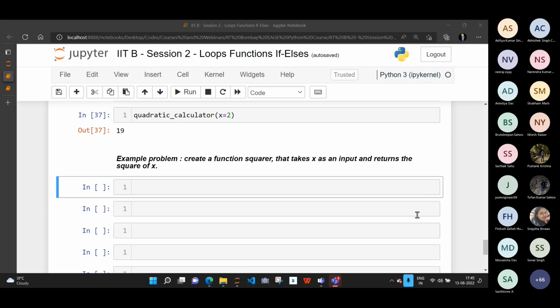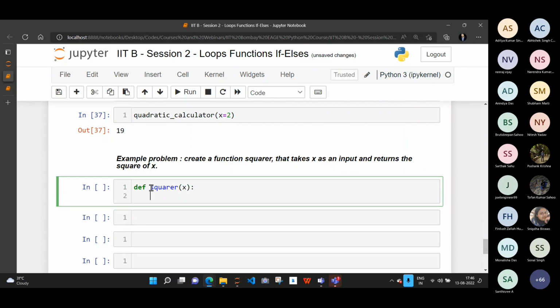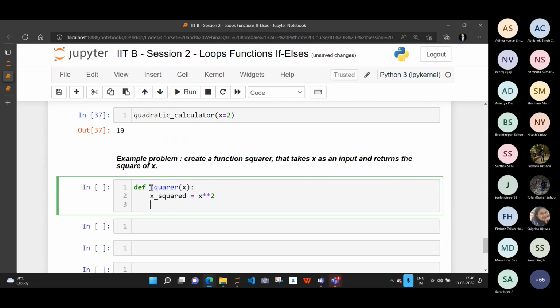Perfect. Looks like everyone's able to understand how to create it. So the way to create it is, the def keyword will always be there. It is Python's identification that it's a function. I see correct answers in the chat. Good stuff. So squarer, x as an input, x squared equals x to the power 2, return